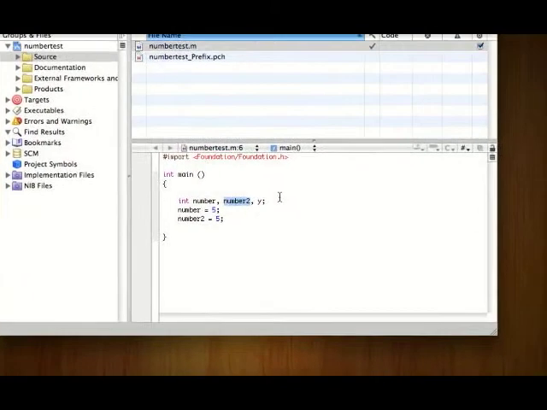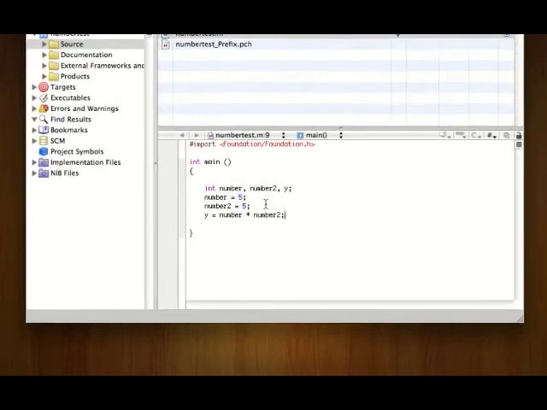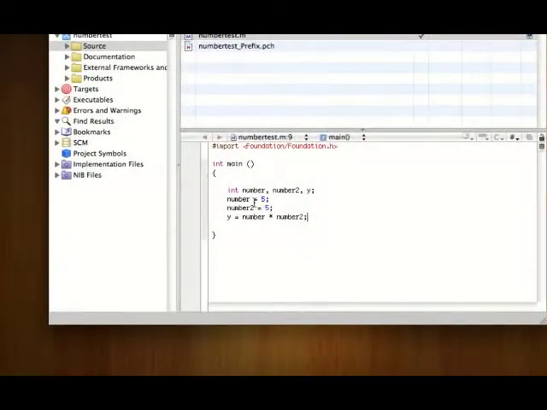Now we're going to declare what y will be. So now we're doing some basic algebra, and y space equals space number times number 2, semicolon,